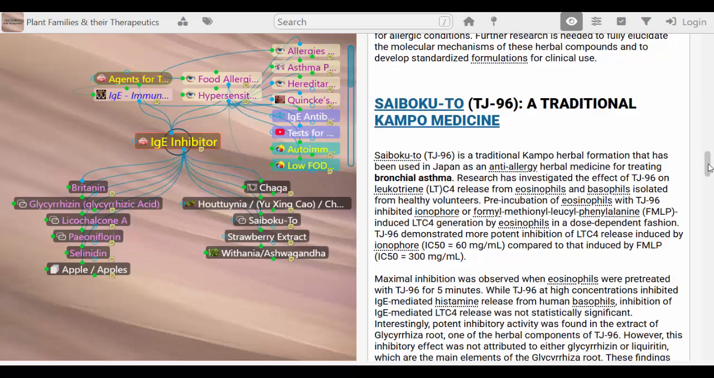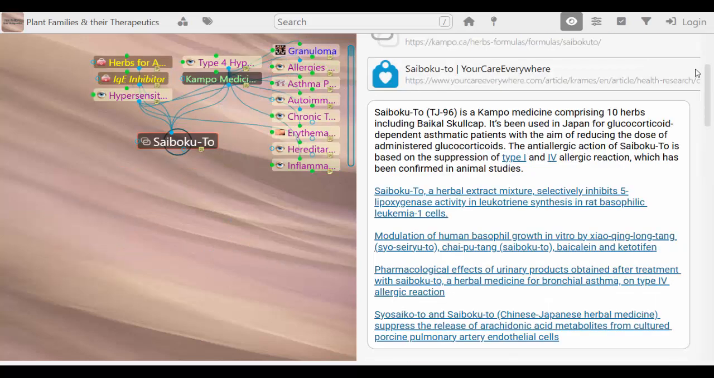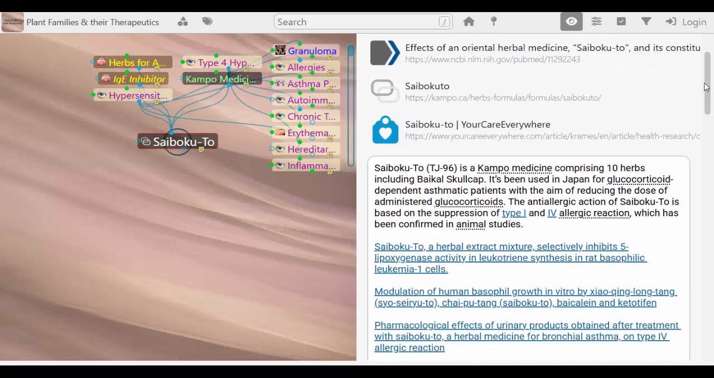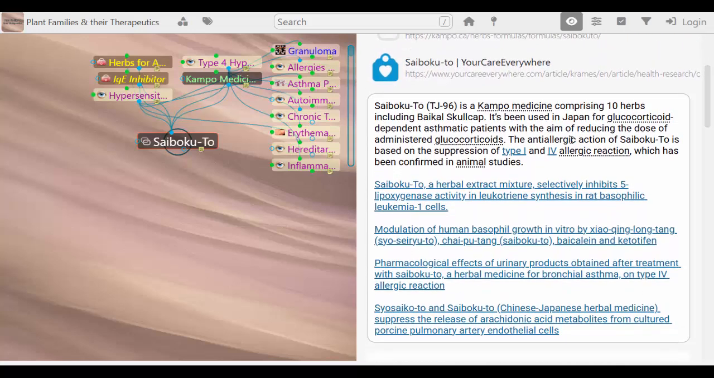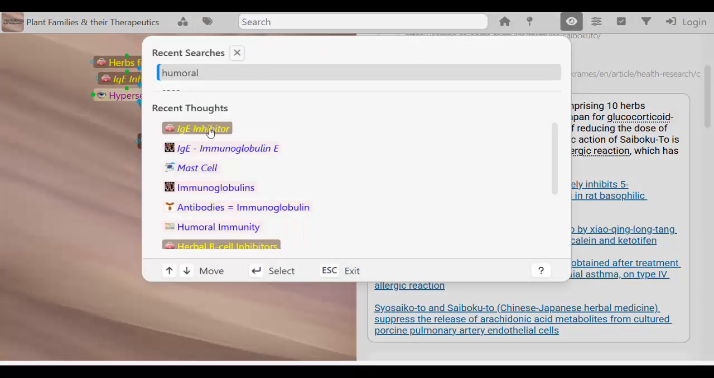One of them comes from Kampo medicine. Kampo medicine is Korean traditional herbal medicine. And this one, I'm just going to go ahead and click on it. It's been used in Japan as an anti-allergy herbal medication for treating bronchial asthma. It includes 10 herbs, including Baikal skullcap. Now here at the top, you can click on this link to actually purchase it if you wish. And here's some studies about it. It suppresses type 1 and type 4 allergic reactions. Let's go back to